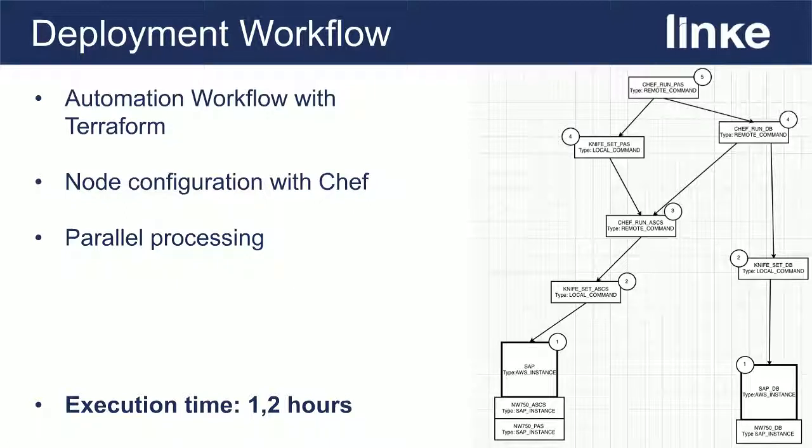And as you can see on your screen, in the decision tree, on the lower level, we will read it from down to up. We have the 2 instances that are created in parallel. And once AWS has created those instances, Terraform is assigning to the central services instance the role of a central services instance,